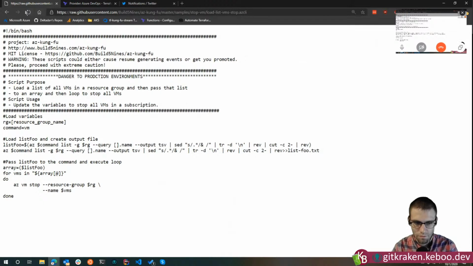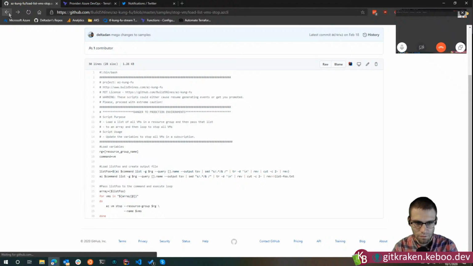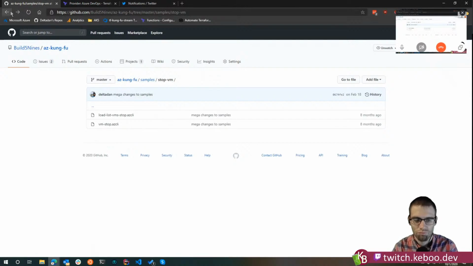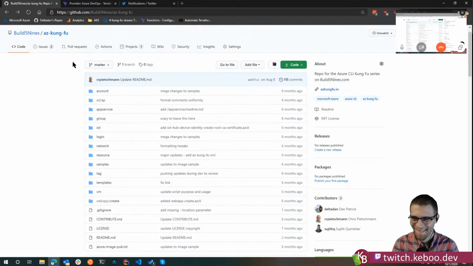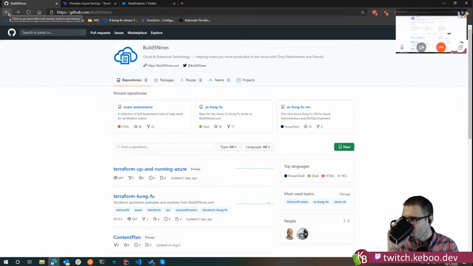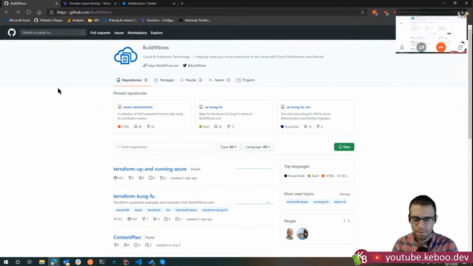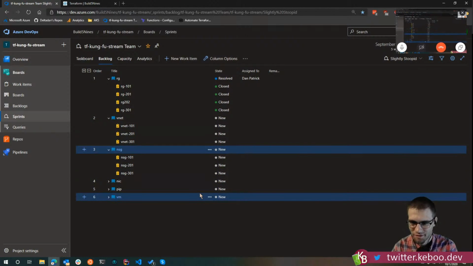So that's the idea of this Kung Fu stuff, and we want to do it with Terraform to help people get started. And like I said, I'm cheating along the way as I'm getting started. It's not that I haven't done quite a bit of Terraform, because I have, but it's more about building something really cool, taking it to that next level, but at the same time taking people along with us. So that's what we're doing, if you're up for it.